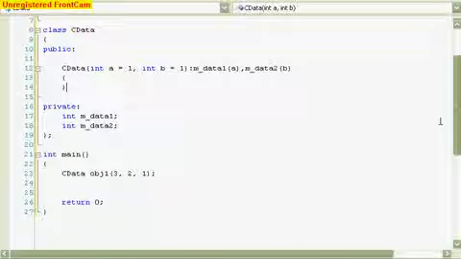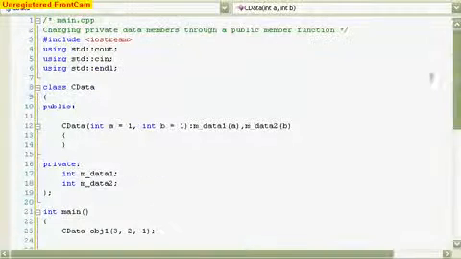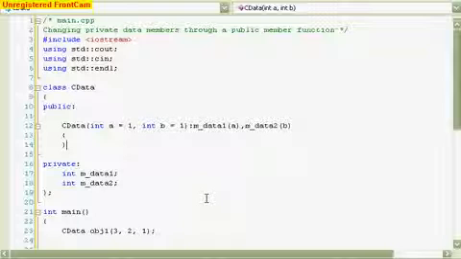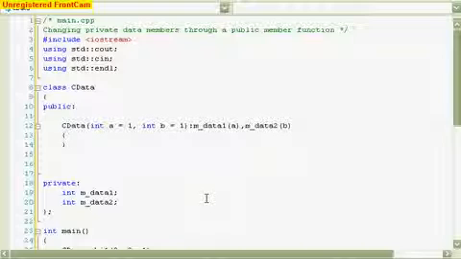Hello, here I'll be showing you how to edit private member data through a public member function. You'll want to set the return type to void because you won't be returning any parameters to the thing that's calling it. So let's just name it edit data